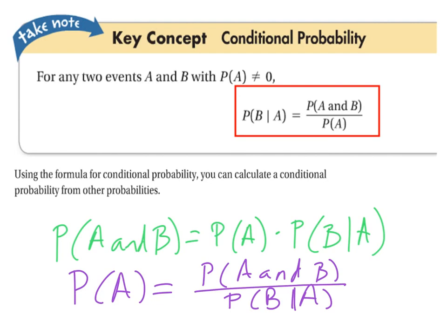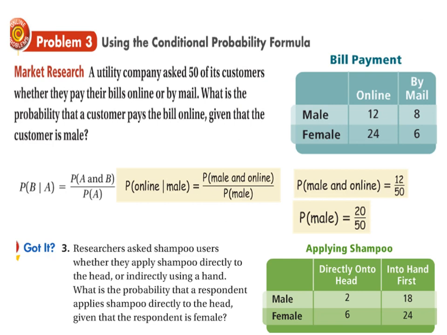So a couple different, or really three different ways to have that solved. And again, you really only need the one way, and then everyone should be able to use algebra in order to solve that for any of those three different pieces. But so, three ways we can use that conditional probability formula. Now, in these cases, when we have a table of information, yes, we could just use that table in order to figure out our conditional probabilities. But again, we're trying to prepare for a situation where maybe we don't have all of the information and only have certain pieces. So even though we have the tables, we're going to kind of pretend that we don't and